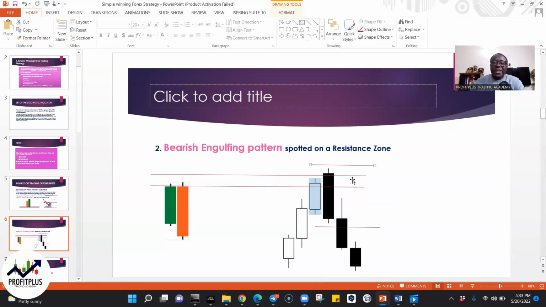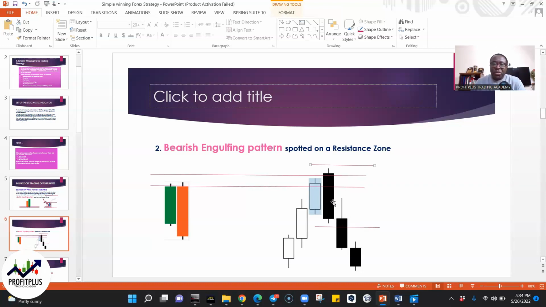And of course, you identify this setup when you have identified your turning points, and you've seen this there, you can move to your lower time frame, the 1 hour time frame, to see this pattern, so you can begin to look for opportunities to enter the market. 5 pips above the high should be your stop loss. 5 pips below the low of this candle can be your sell stop price, and then 2 times the risk